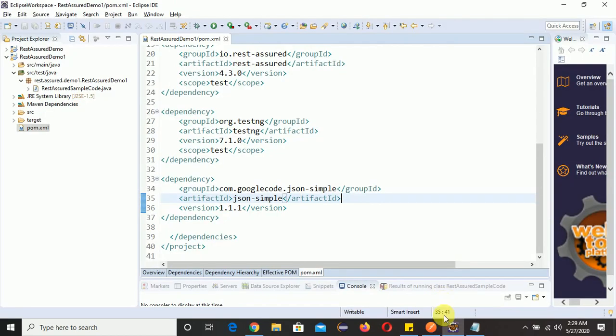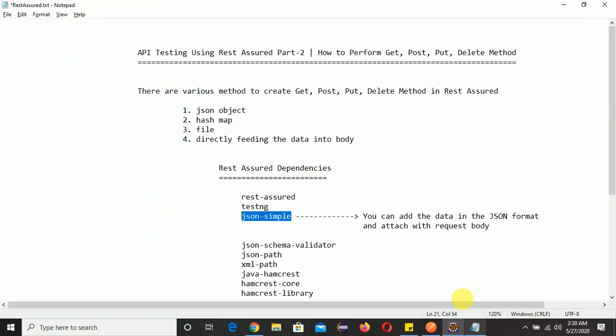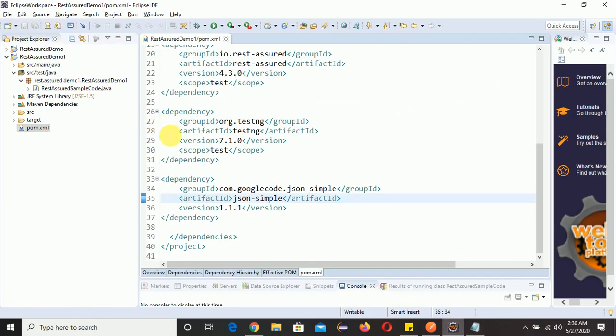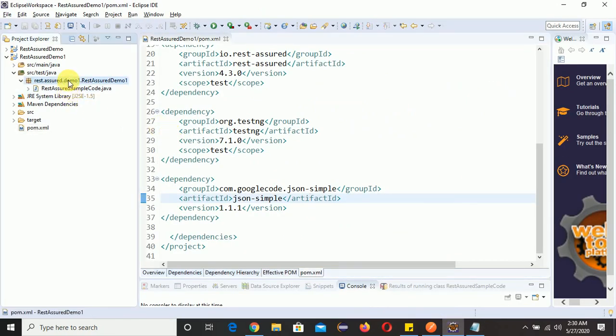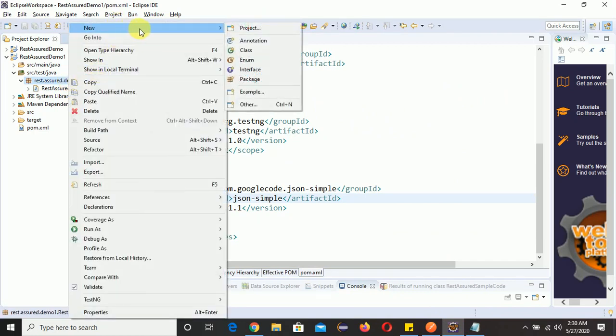So you can see here it's already downloaded. Now first we will check how to create a get request by using just Rest Assured. Let me go to this package and create one Java class.